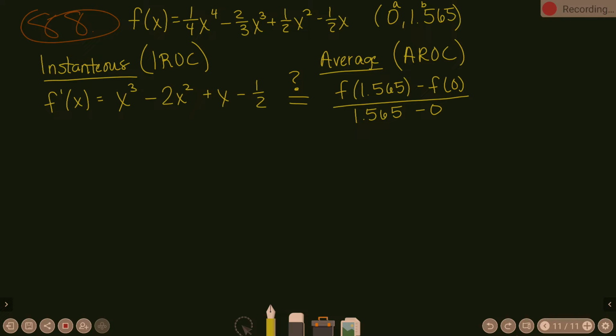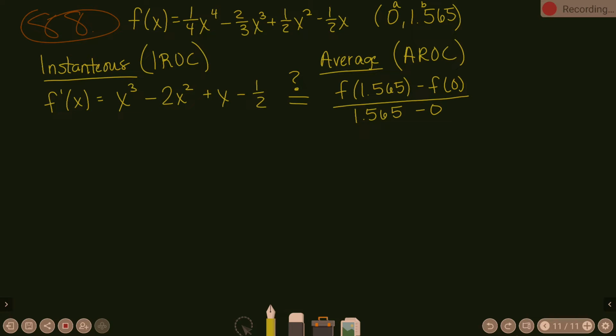Now, this is a calculator problem, yes? Yes, because it's 88. So we're in the calculators. Since we're in the calculators, I would not do this by hand at all. Okay? And in fact, my suggestion is that when you do this, first of all, what I would do is I would go ahead and go to my y equals screen, and I would type in what f of x is, because if I type it in once, I'm done. So I'm going to type in 1/4 x to the 4th